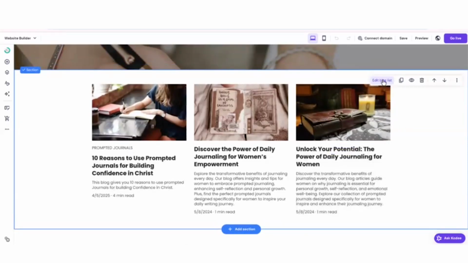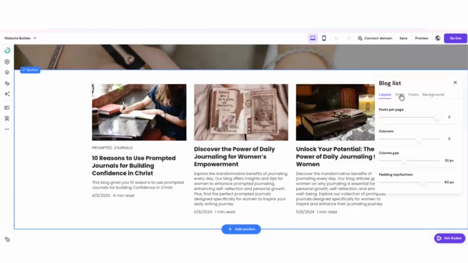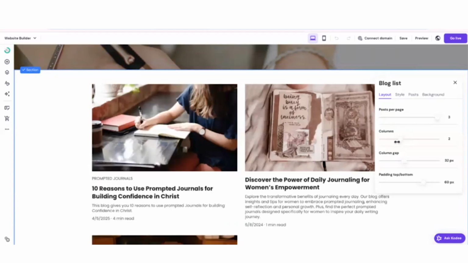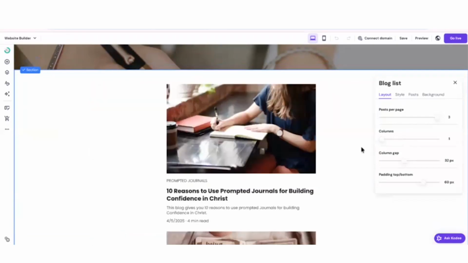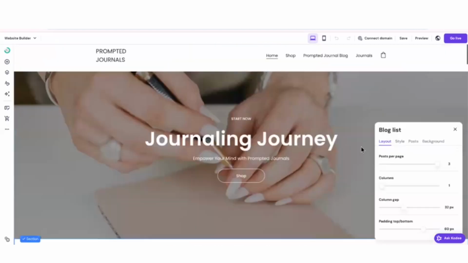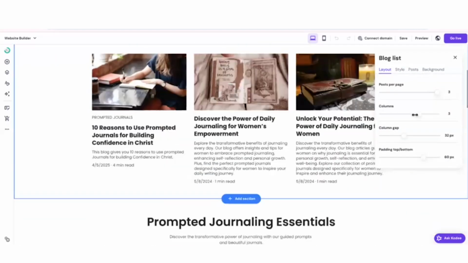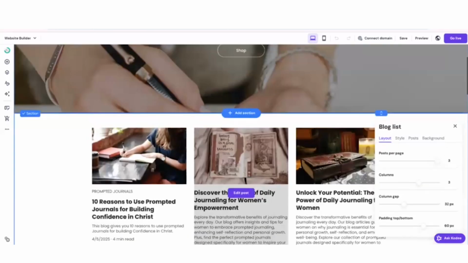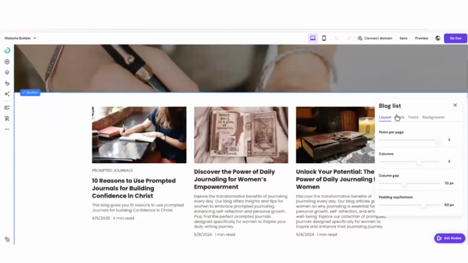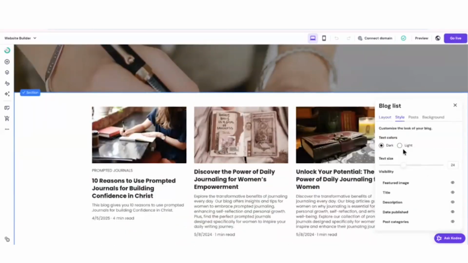You can change this up. So if you click edit blog list, you can change the amount that you have per page, make the columns 2, right? To make it bigger, or 4 to make it smaller, or 1 if you want people to just scroll down. Like I know some websites that are blogging platforms. Oh, I'm getting ideas for a new business here. Some websites that are blogging platforms have the 1 column that you just keep scrolling down. Completely up to you.